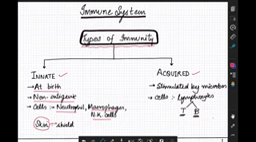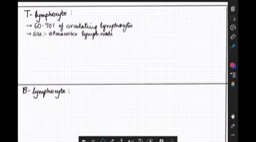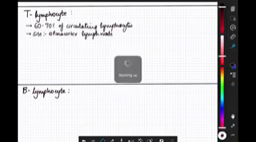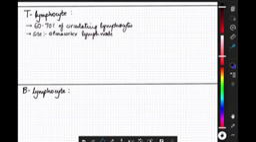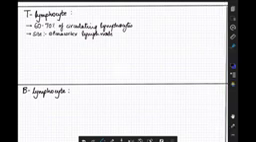Then we come to acquired immunity. Acquired immunity, as the name suggests, is acquired on stimulation by microbes or microbial antigens. The cells that take part in acquired immunity are the lymphocytes. The lymphocyte can be a T lymphocyte or a B lymphocyte. So what are T lymphocytes? T lymphocytes constitute about 60 to 70% of the circulating lymphocytes, and they are predominantly found in the paracortex